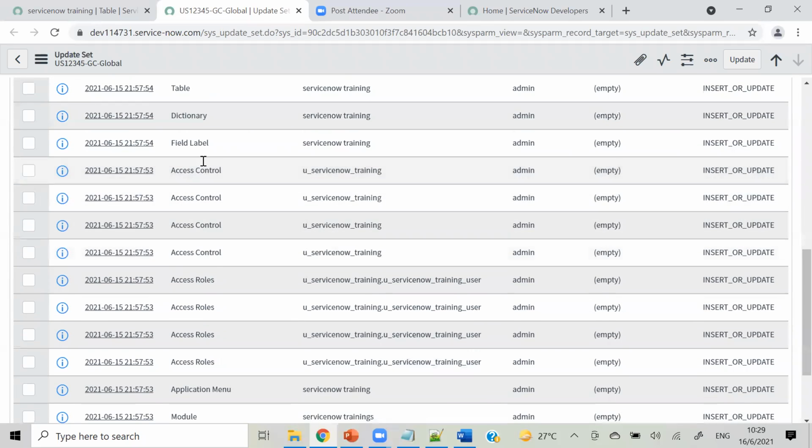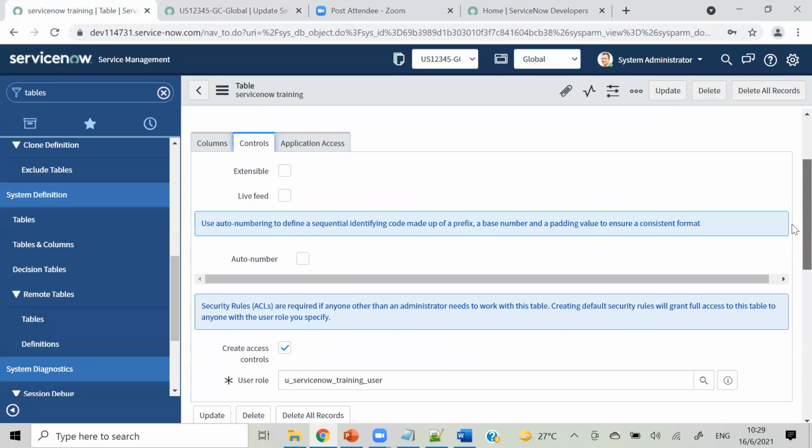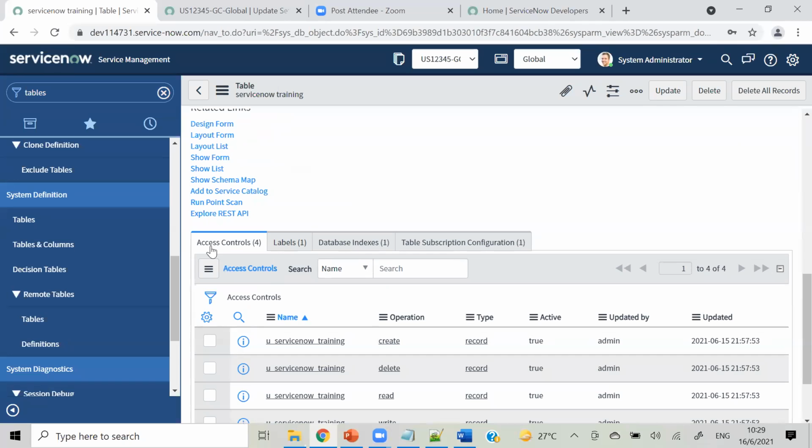And as I told you, for access control, 4 ACLs get created by default. I have not even changed the setting here, so create access control was already ticked. So this role got created, and because of this, all 4 ACLs got created automatically.